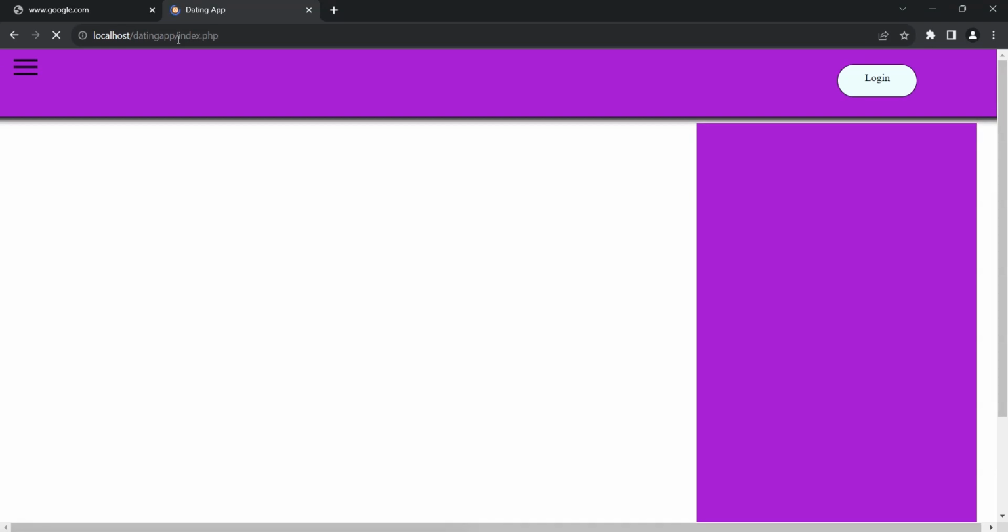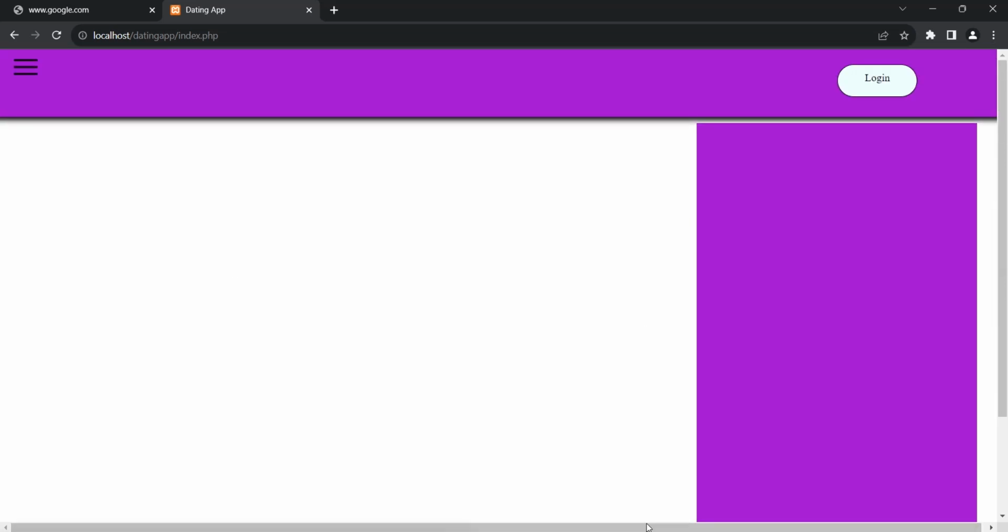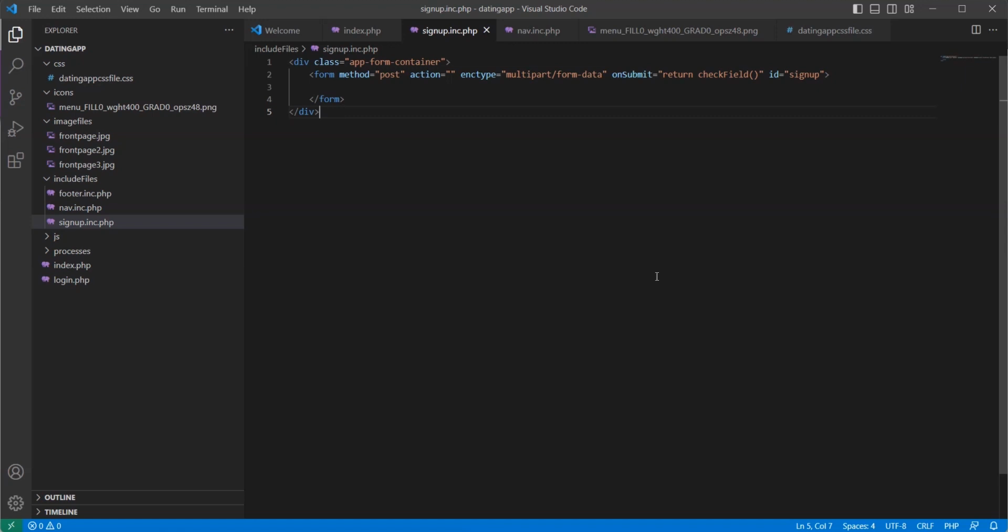Okay, so this is where you left off the last time. You are going to continue to build the sign up form. You're going to add input elements to this form, and then continue on from there. You go back to our code, and then we go to our signup.include folder, and you are already here. So we are going to input this div